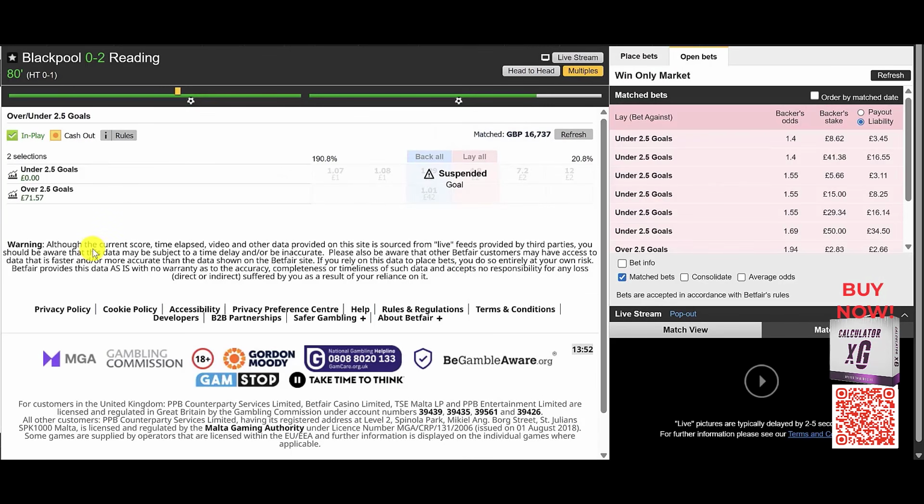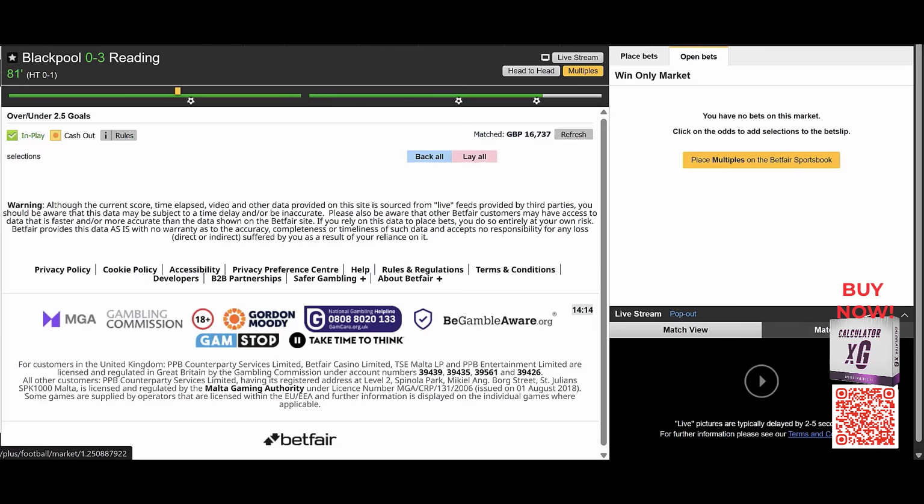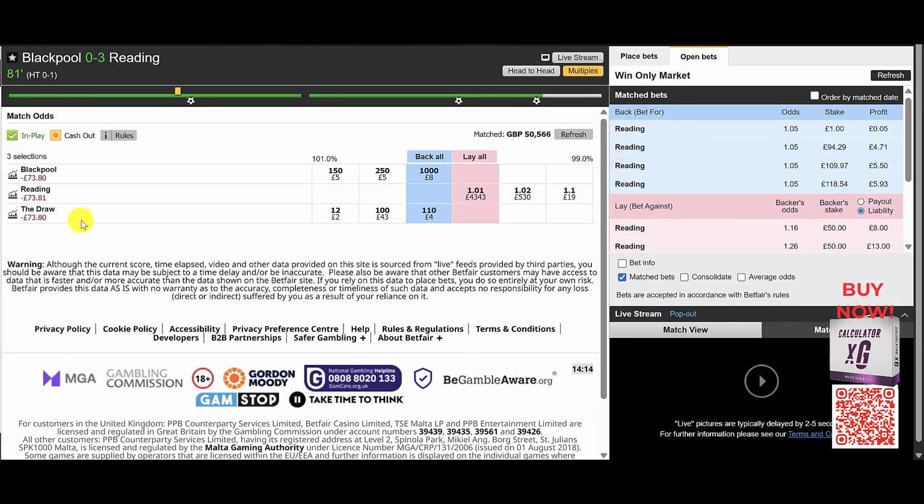There has just been another goal, and the score has just gone Blackpool 0, Reading 3. So as expected, we knew that the Reading win was pretty much nailed on. But anyway, we've landed the profit on the over 2.5 goals. We were expecting that 3rd goal. It's arrived in good time. That's perfect. So that is going to pretty much offset the loss that we're going to take on the match